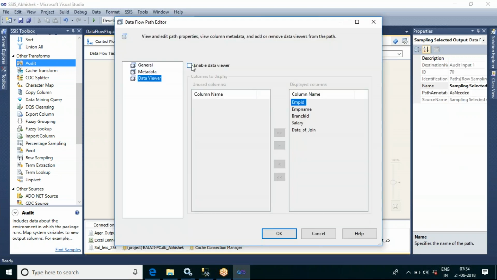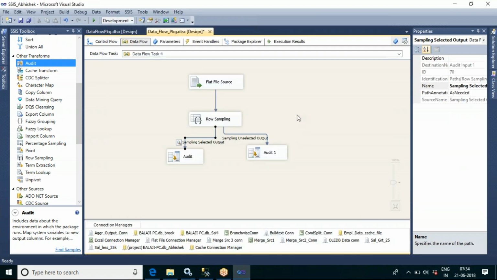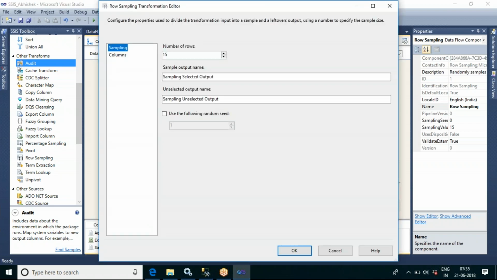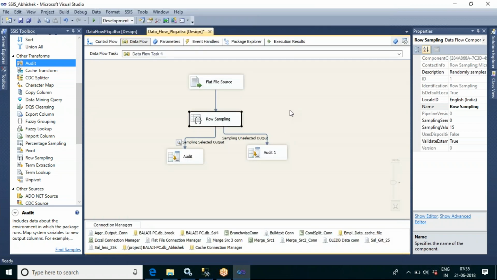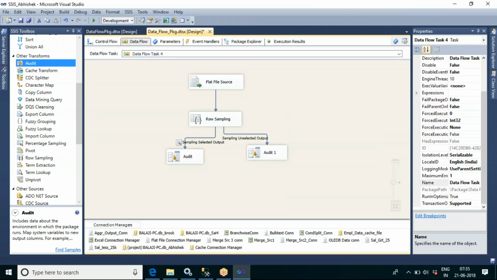Now let me view this data viewer and see how many rows we have put. We have put 15 rows. Every time it will give us 15 records, separating them from the actual data. Earlier we specified the percentage, now we have specified the number of rows you want. That's it.